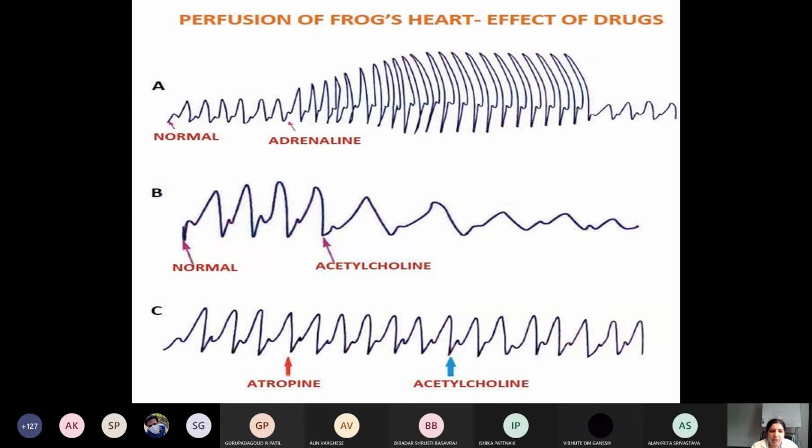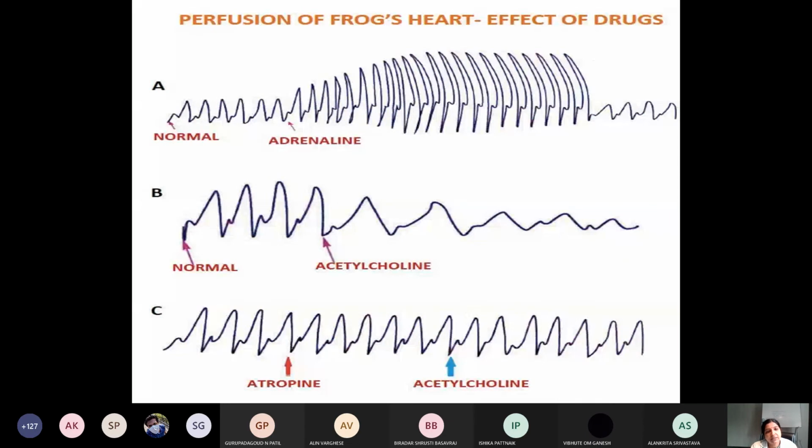This means whatever effect of ions and drugs, adrenaline, acetylcholine and atropine we study, these are all neurotransmitters that exist inside our body, right? So if we give external supplementation of these as therapeutic doses, what is its effect? That we call pharmacological doses. Of course, they are present inside our body at the nerve ending as neurotransmitters.